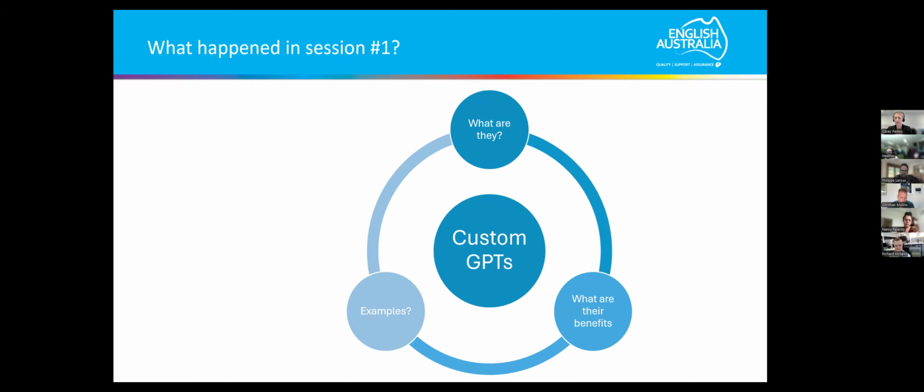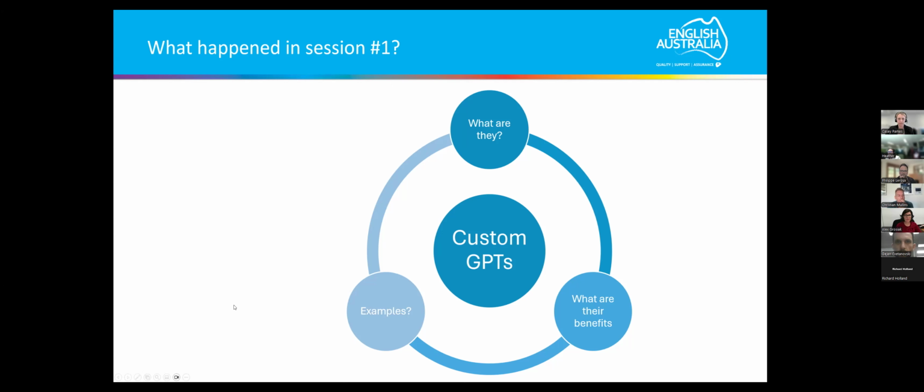Custom GPT is the brand for ChatGPT, but other providers have different names as well, and they all function in a similar way. Instructions are pre-programmed in the system, and the responses we receive are consistent most of the time with the set of instructions given.